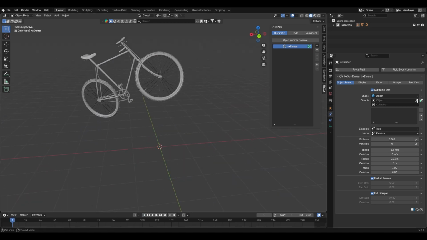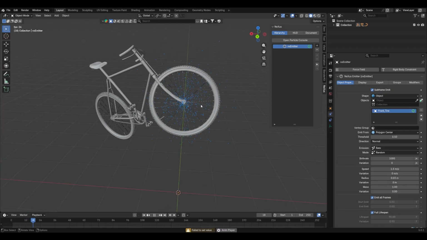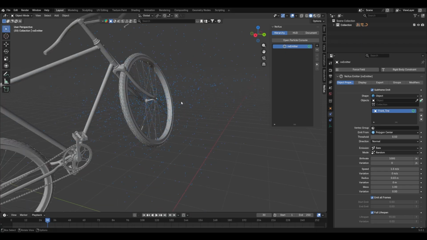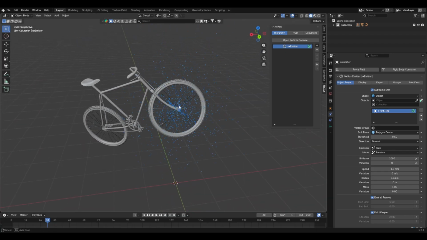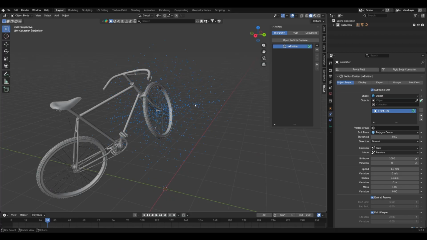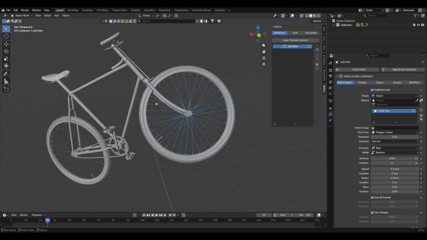So I can select and add my front tire into my emitter. So now I am emitting particles in my front tire. So we can notice multiple things. First of all, I am emitting from the center of my wheel as well, and I want only the tire